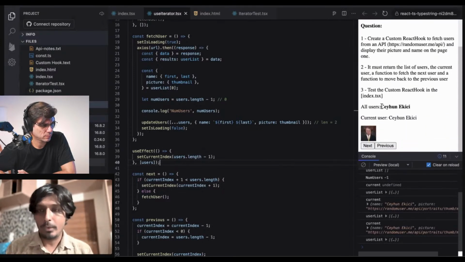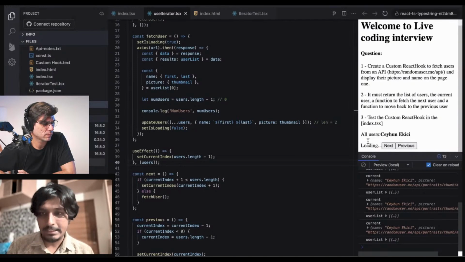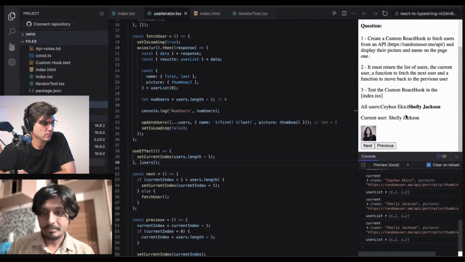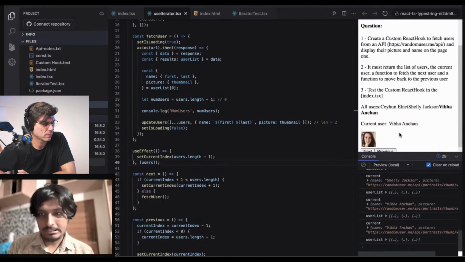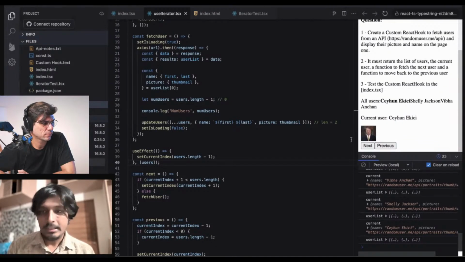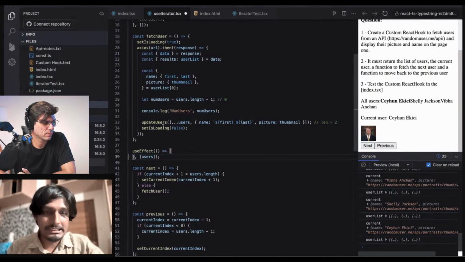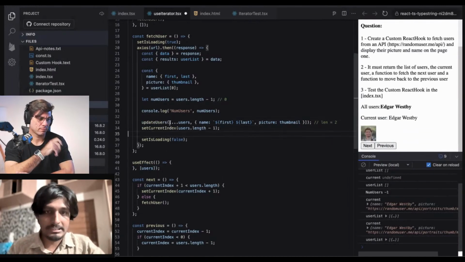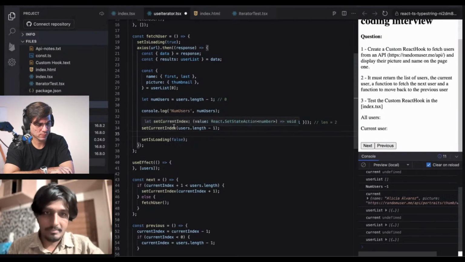So we fetched user. We updated the list and all of this stuff. Now, if I click next, there. If I click next, this works. Yeah, so the problem is these two things happen at the same time because